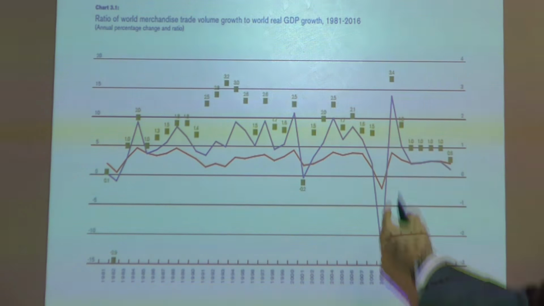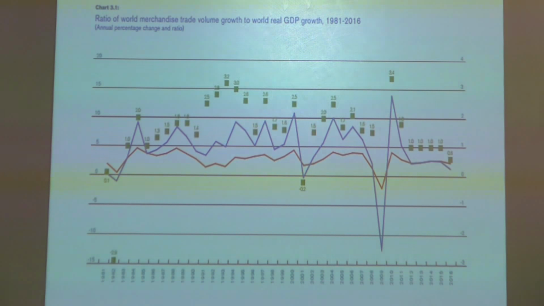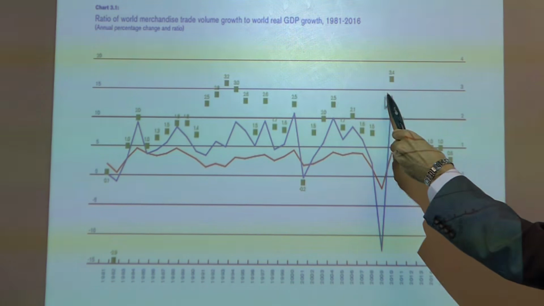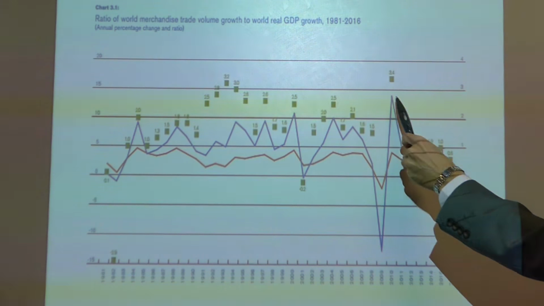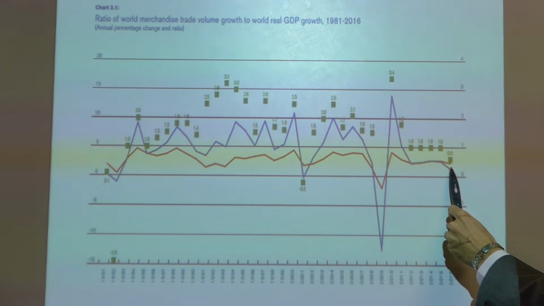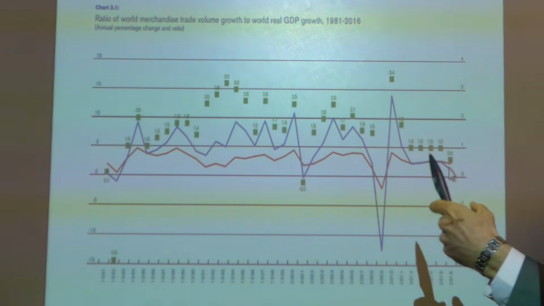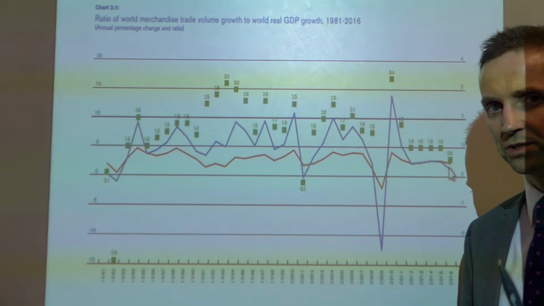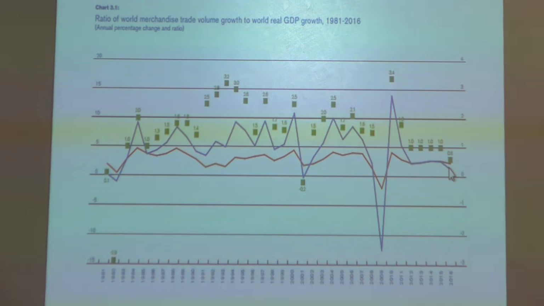Significant bounce back in the aftermath of the financial crisis, but look what's been happening subsequently. Subsequent to that recovery, world trade growth is starting to decline. So although the rates are still positive, they are declining rates of growth, which is what your extract is actually